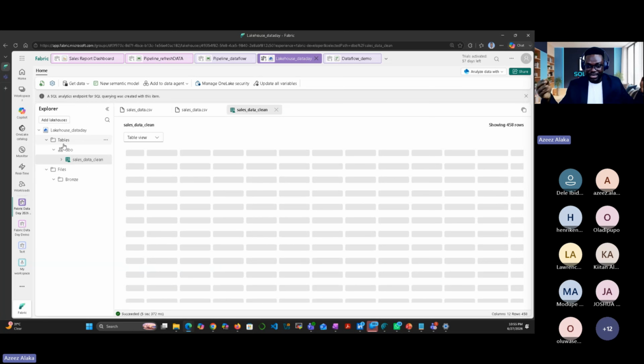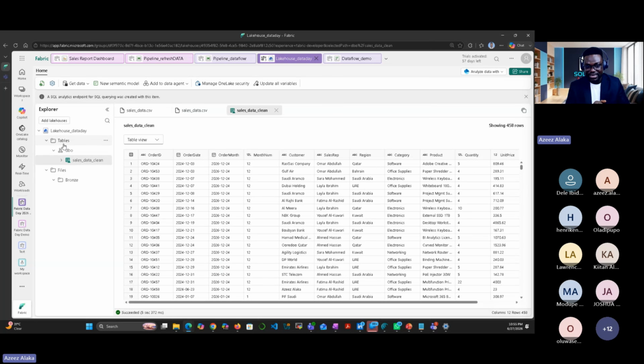So assuming I want to go through the medallion, we are going to create a new schema here called silver. So look at it now. From CSV, we have this table. This table, we can actually do a lot of things here. We can query it with T-SQL. We can also wrangle it or do whatever we want with Notebook. So you can see this is SQL analytic endpoint and Notebook.